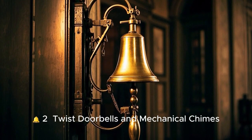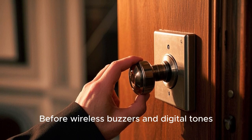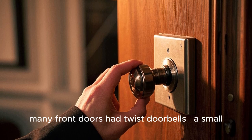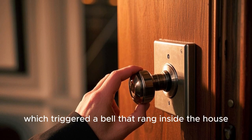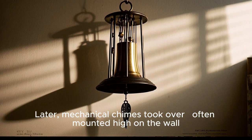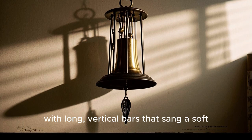2. Twist doorbells and mechanical chimes, before wireless buzzers and digital tones. Many front doors had twist doorbells, a small, round knob you turned by hand, which triggered a bell that rang inside the house. Later, mechanical chimes took over, often mounted high on the wall, with long, vertical bars that sang